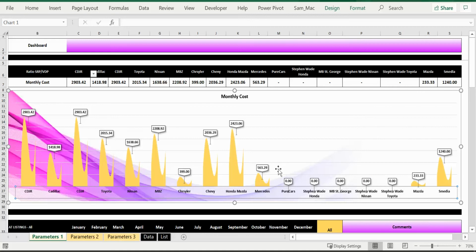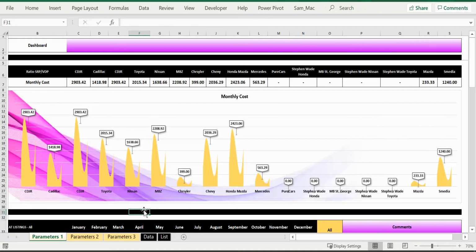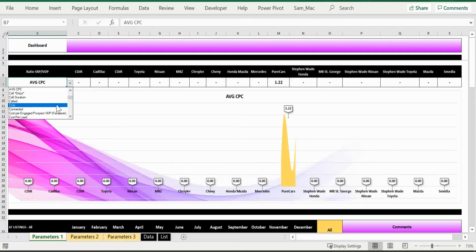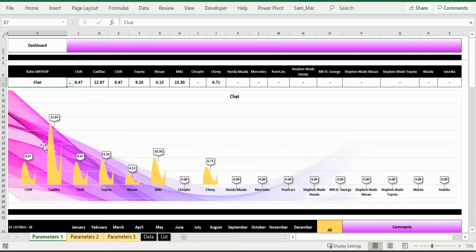Sorry, initially I didn't put that correctly, so I had to reshuffle it. So here again, this particular monthly cost is linked to every single chart, everything that you select here. Let's say you want to click for something else, you can see that particular value on that particular thing. So you can click on a specific piece of information and you can get the respective drop downs for each of the stores. The first one that I have right here, just for view's sake, is basically